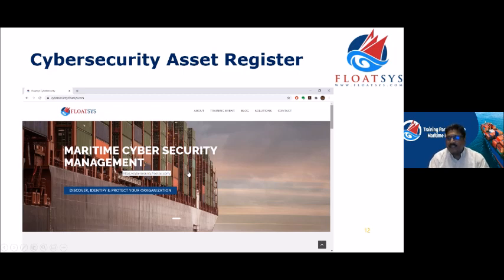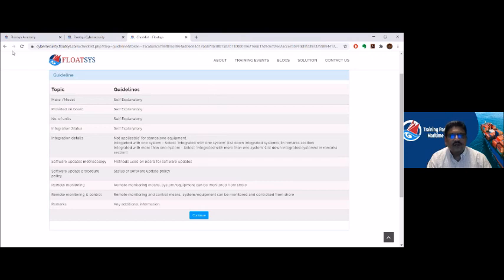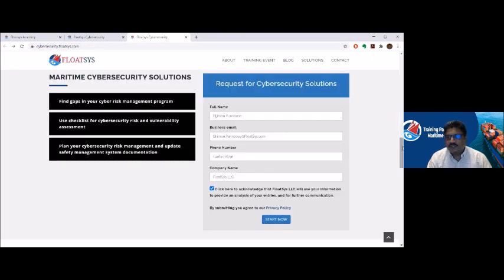creating an asset register. We have created a website for this. I'll go to that website so that you can see what kind of asset registry is created and what is checked. So this is something which is available, which you can go to. Okay, let me go back to the previous page just to quickly show. This is the page, this is actually